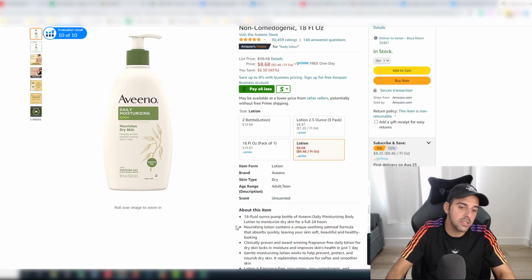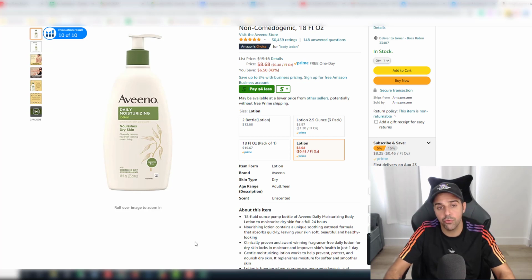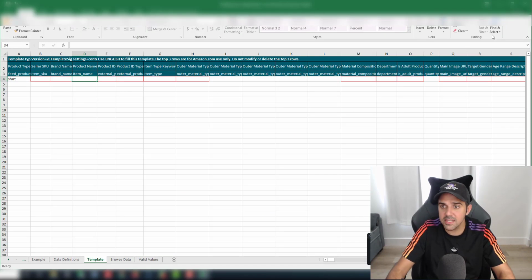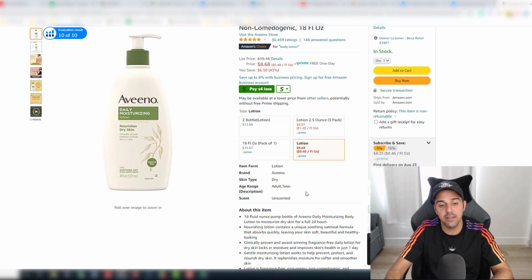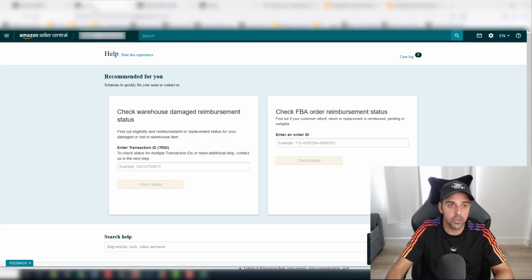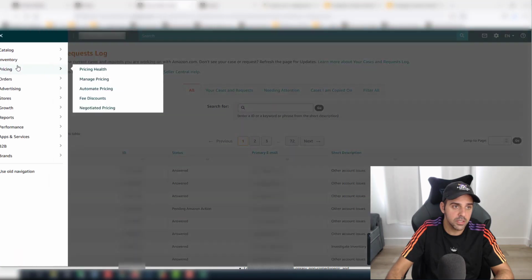So I said, you know what, let's go to the flat files. I went to download the exact template like I showed for the category that I'm listing the item under, and I didn't see any field that says handle type. So in that event, this is the tip, you go to the reports, to the inventory reports,